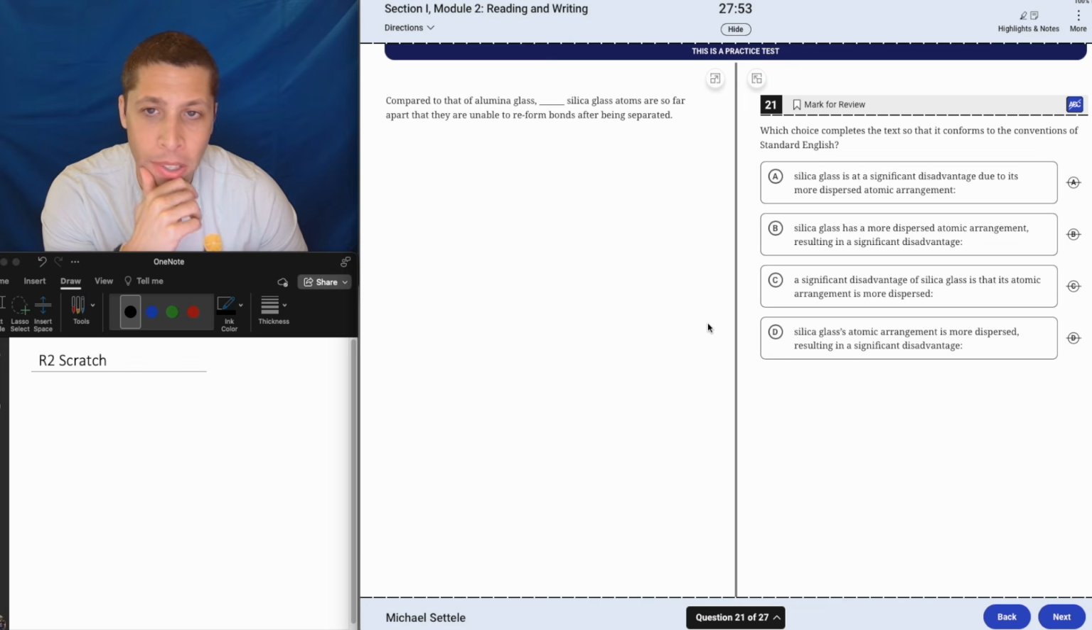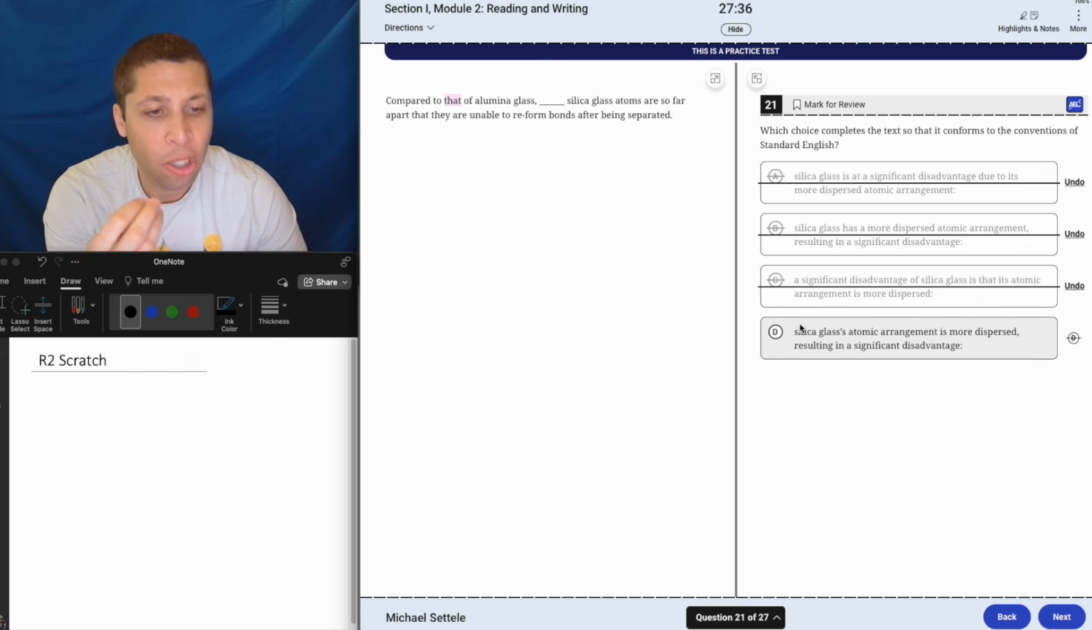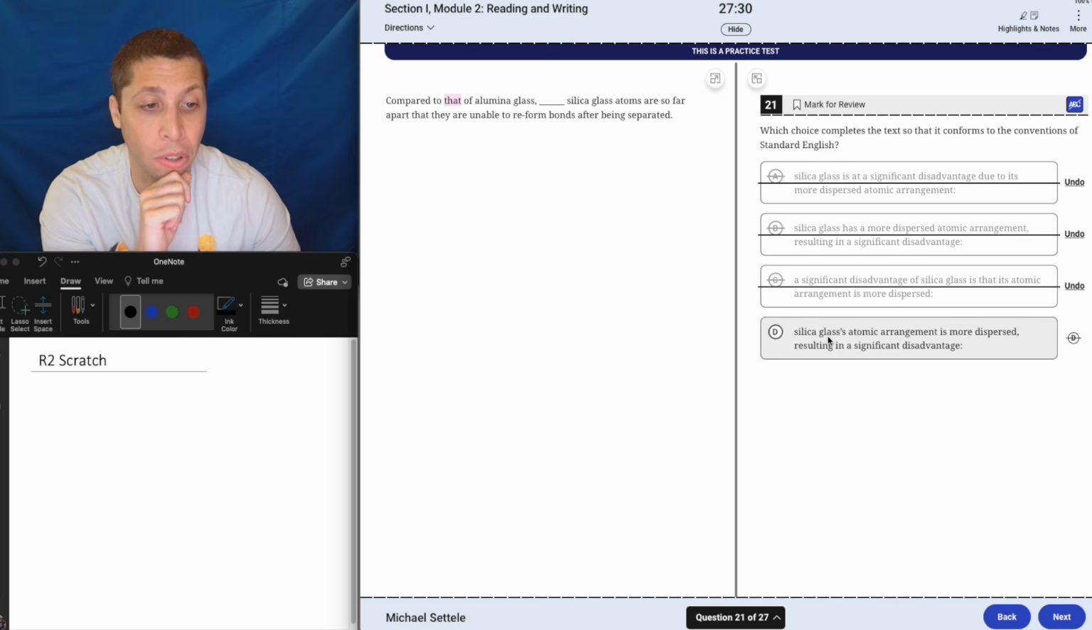I've seen this one. This is a modifier: compared to that of alumina glass. So what are we talking about? We're talking about some quality of alumina glass. Silica glass, nope. Silica glass, no. No. The atomic arrangement of silica glass. So compared to the atomic arrangement of alumina glass, silica glass's atomic arrangement is more dispersed, resulting in a significant